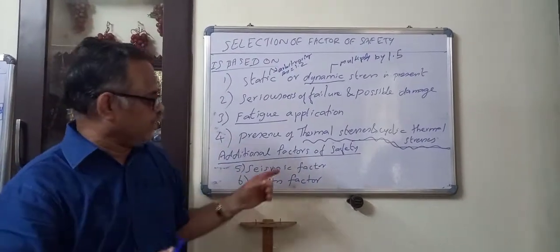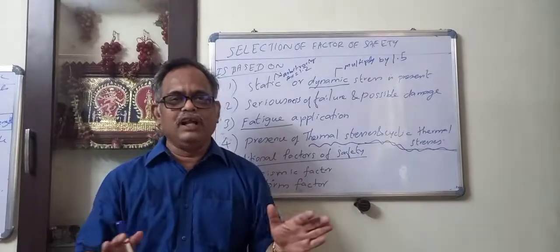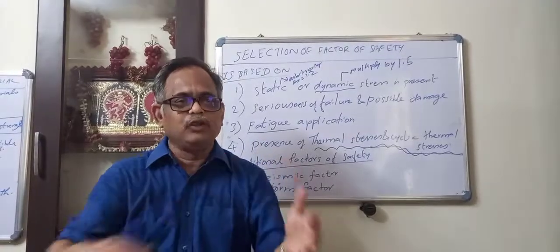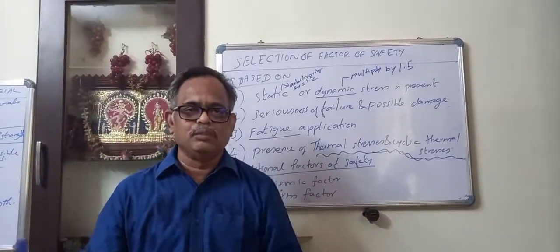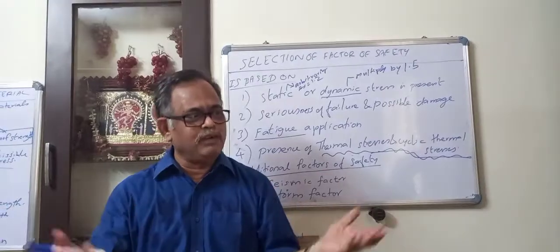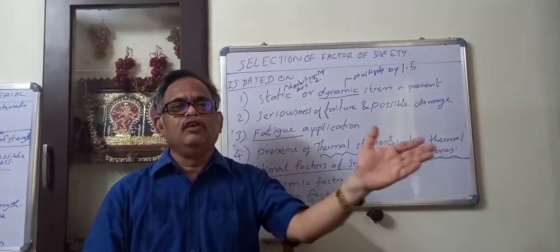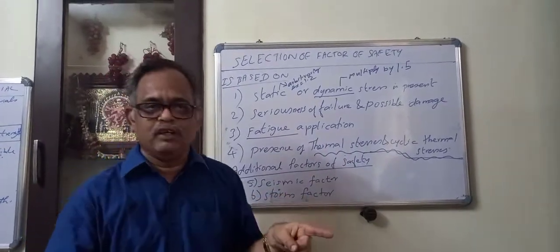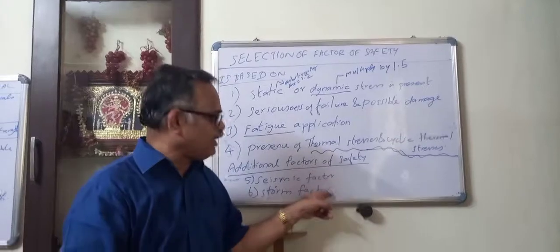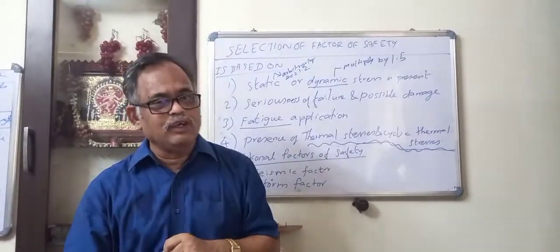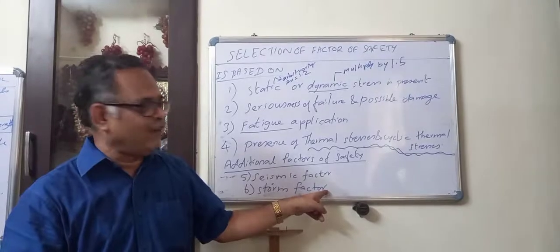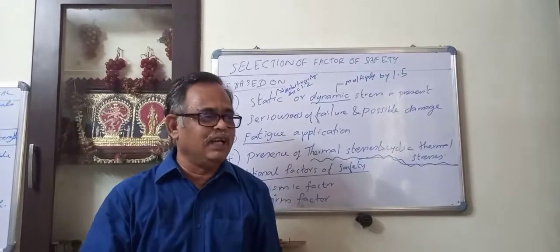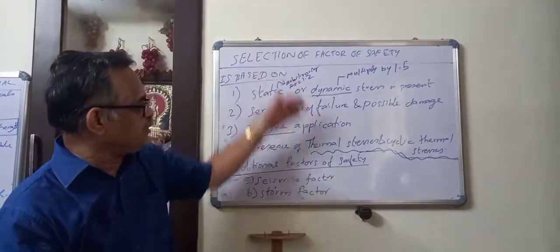Now the storm factor, very similarly, is also given. Storms occur near the seashore, so the possibility of storm is more there, whereas in interior places the possibility of storm is less. So for coastal areas, your storm factor is more, whereas in places like the Himalayas, the storm factor will be less and the seismic factor will be more. In places like Chennai, or wherever a port or coastal area is, the storm factor will be more and the seismic factor will be less. So based on all these things,